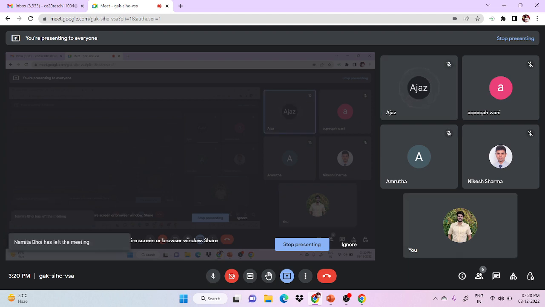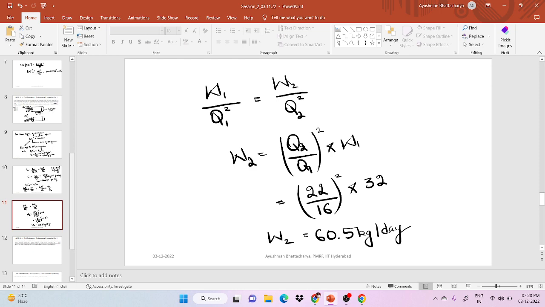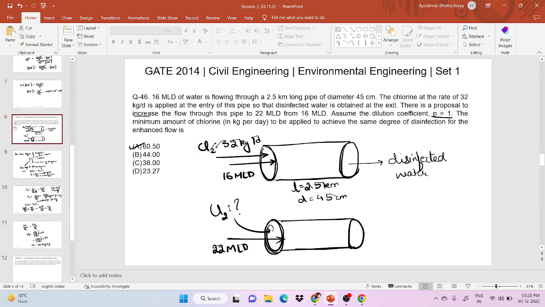So before beginning the next question, I will just summarize this again. In this, there are two pipes. In the first pipe, they are telling that the chlorine dosage is 32 kg per day and the flow rate is 16 MLD. And the dimensions of the pipe they have mentioned are length 2.5 kilometer and